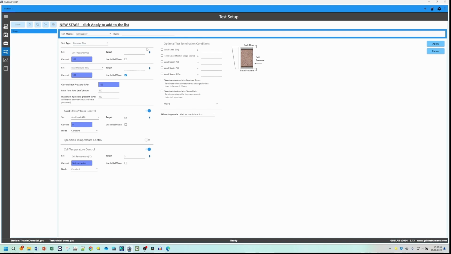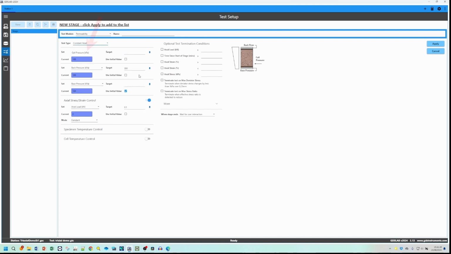Starting with constant head, we have a cell pressure set block, then a back pressure set block, then a base pressure set block, and then we have optional set blocks as well, which are axial stress and strain control, specimen temperature control, and cell temperature control. For all of the optional ones, we can set the mode that we want, for example, constant